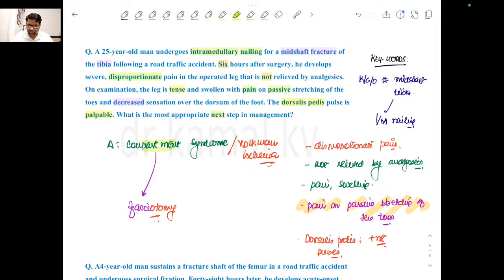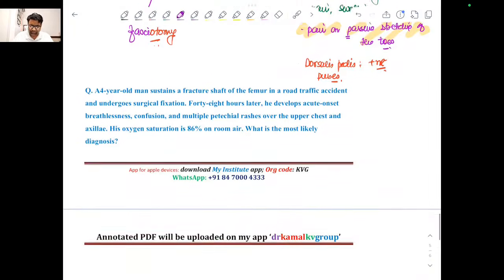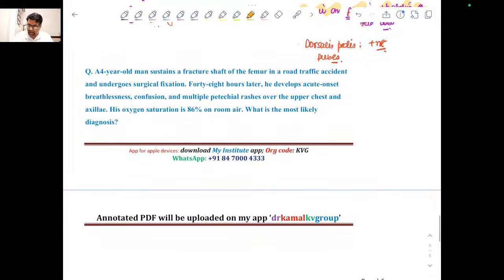Classical presentation of compartment syndrome: there is disproportionate pain which is not relieved by analgesics, and pain on passive stretching of toes. That's the classical test which we do in clinical practice. The next question,